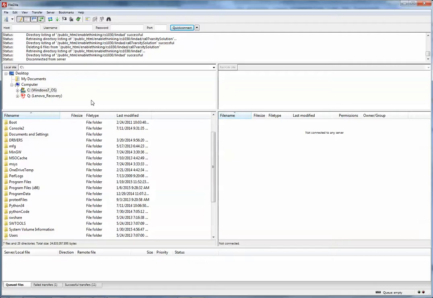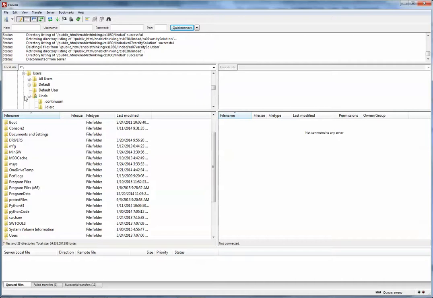The first thing we have to do is to be able to find the files that we want to upload. This is a little tricky because you have to know your file structure to be able to do it. Here on the left side of Filezilla are all the files on our computer. I need to find the files I want to upload. I know that they're on the C drive. I'm going to open the C drive, and they're under